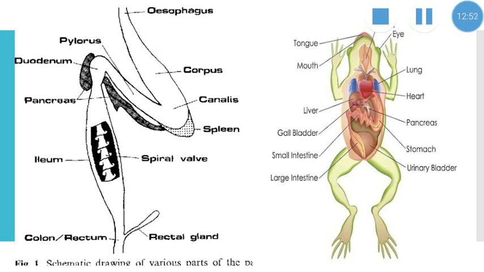So in the case of frog, the ileum leads to open into the rectum. The rectum is called the large intestine, and opens into the cloaca by the anus, which is guarded by the anal sphincter. So here the rectal caecum is present. The cloaca leads to open by the anus. So here the cloacal aperture is a circular aperture at the end of the trunk between the hind limbs.